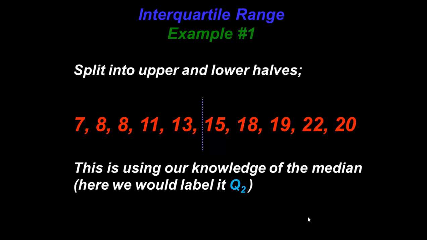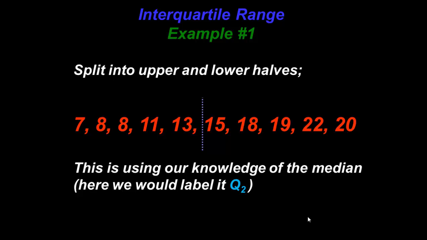The fact that Q2 we could identify as 14 doesn't come into it. The splitting of the data set simply causes a 50-50 split in the data set. So we now go ahead to find Q1. We find the median of the left hand half, the lower half, and Q3 will be the median of the